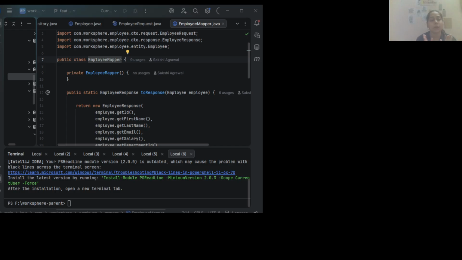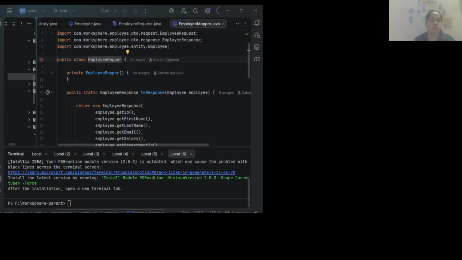So we make a separate role inside the mapper. Converting from DTO to entity and from entity back to DTO, the mapper will be the one doing this work.